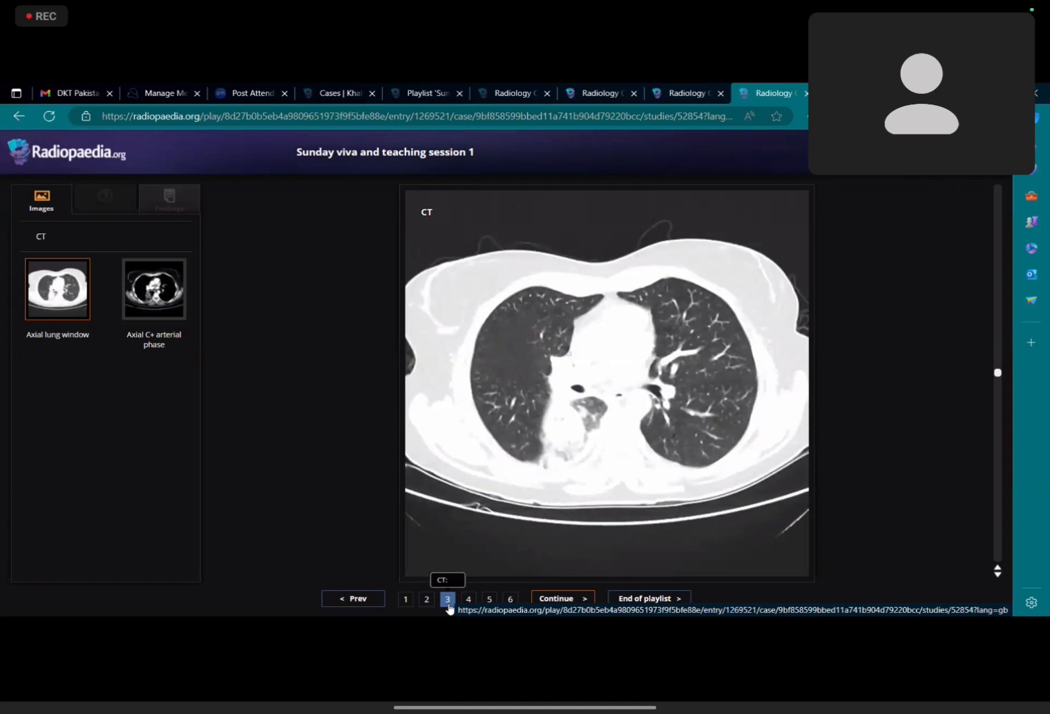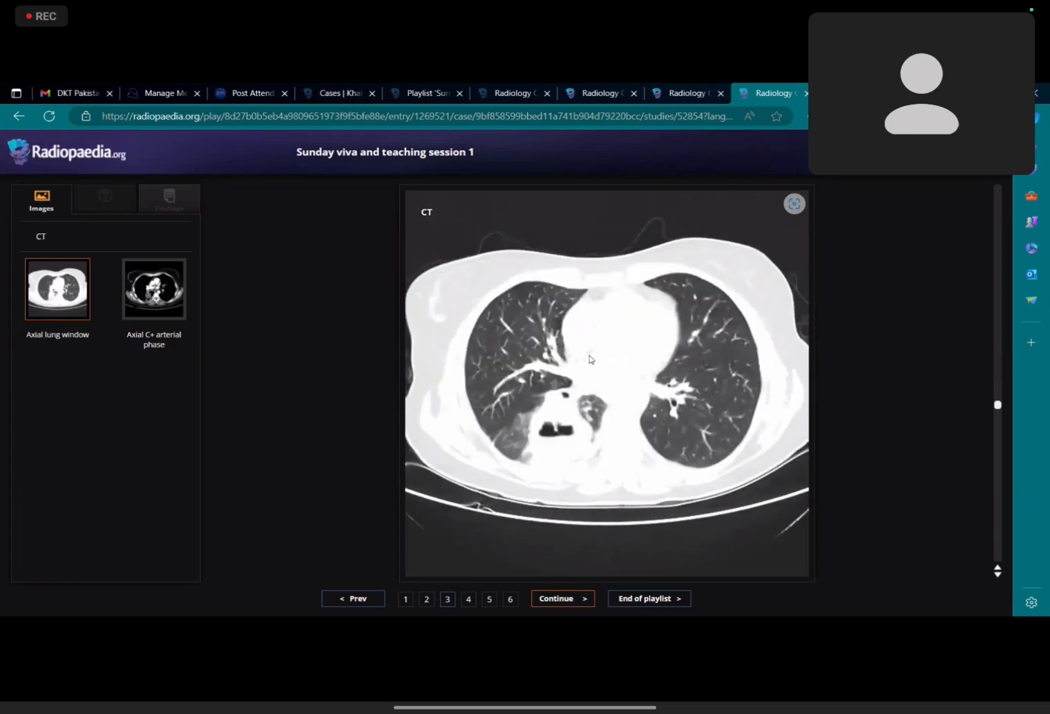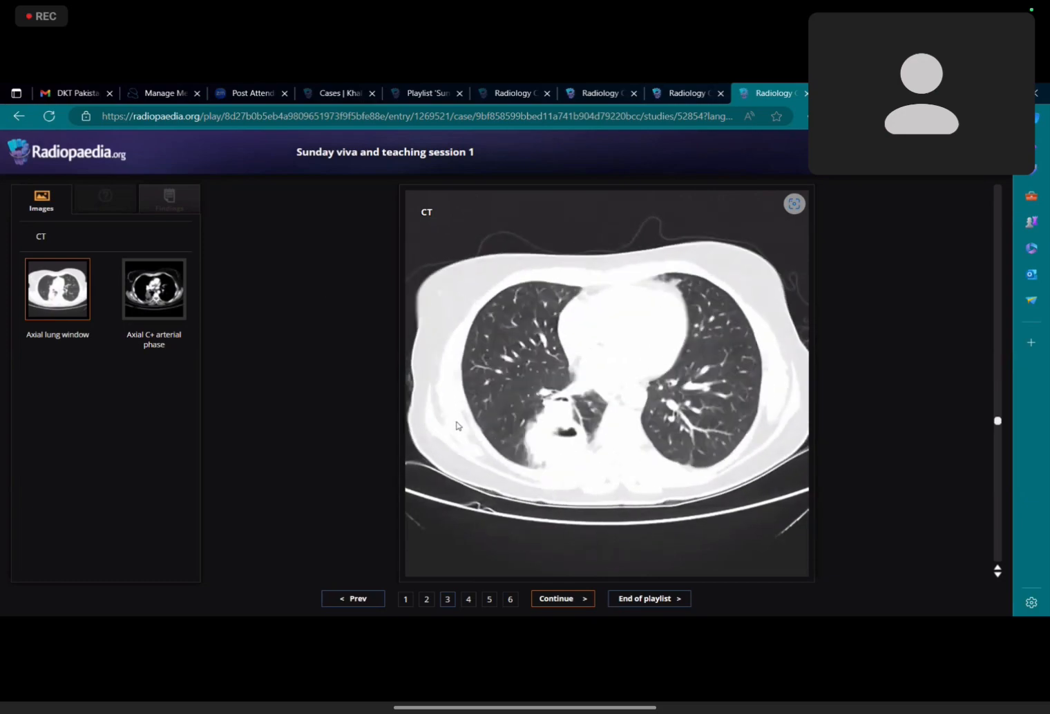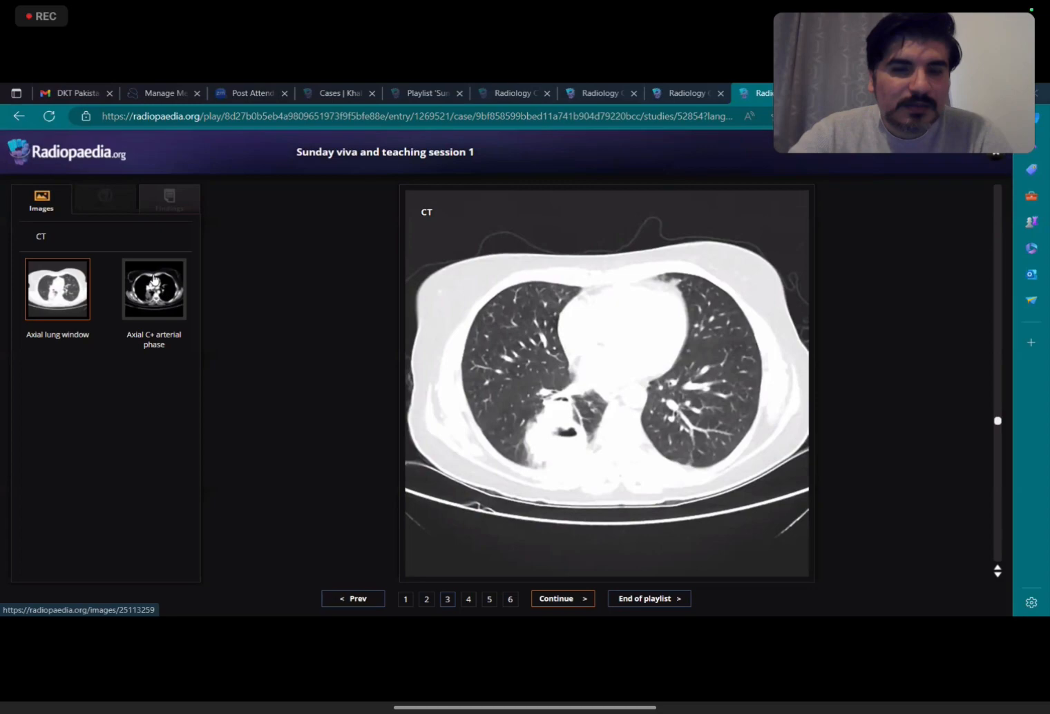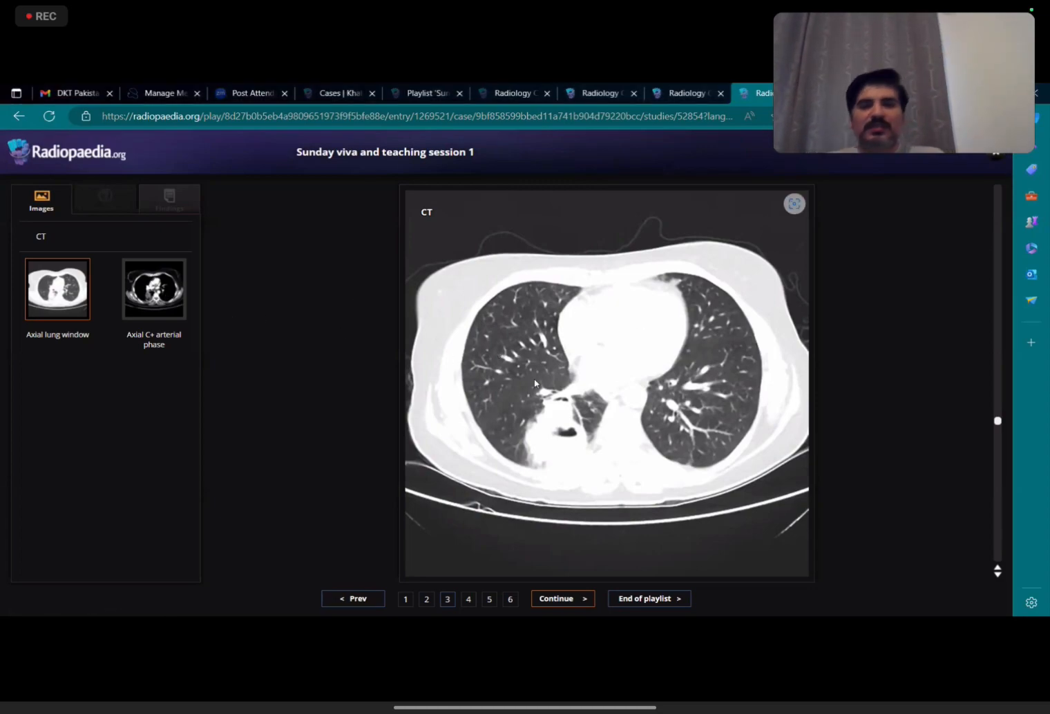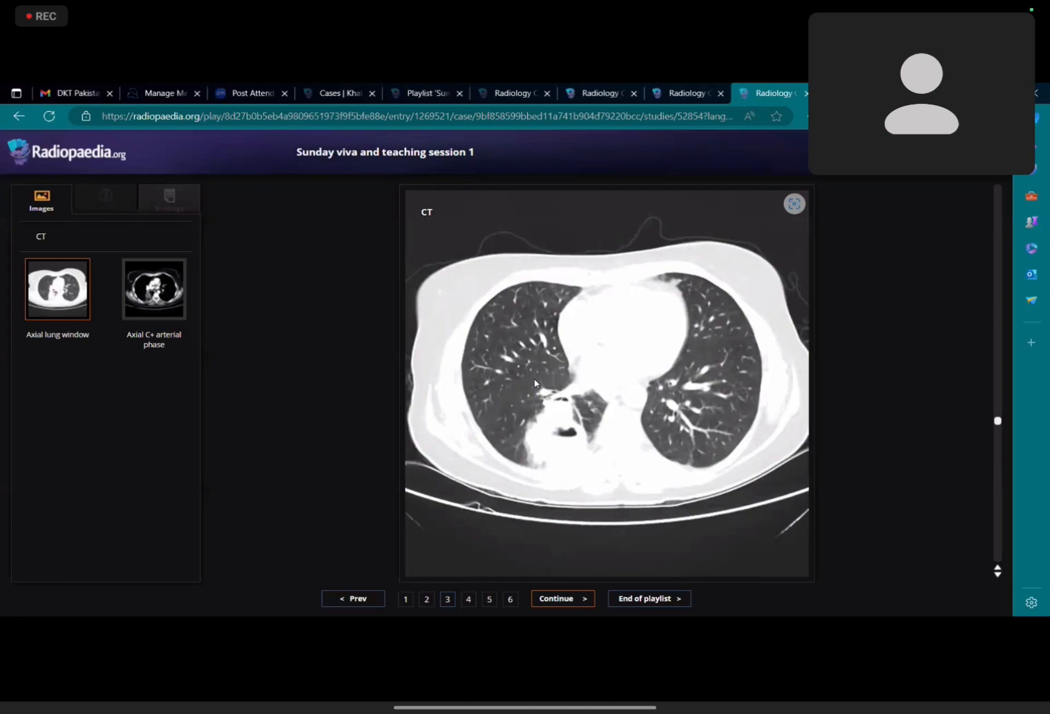I will be requesting the axial section of the same patient, lung window. I see that there is a thick wall. Sir, can I see the mediastinal window? Yes, but you need to first comment on this. Then we will. And there's a thick-walled cavity in the right posterior